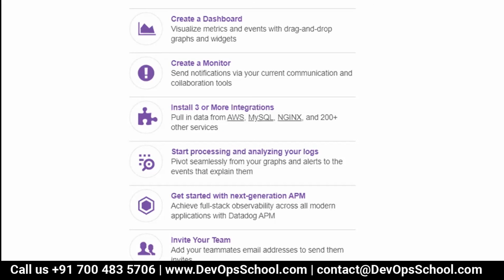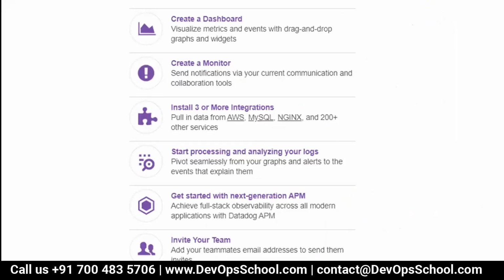So guys, what do we want to do? Throughout the sessions, we will work with the agent, create a dashboard, create monitoring. Monitoring means alerting. Install more integrations, analyze the logs, APMs, and work as a team. So this is the end of it.